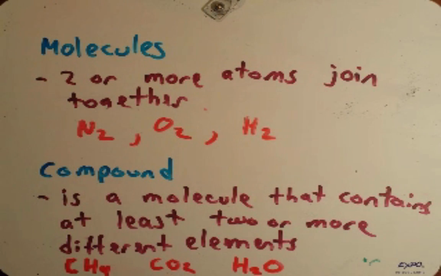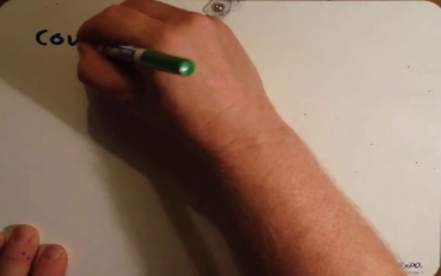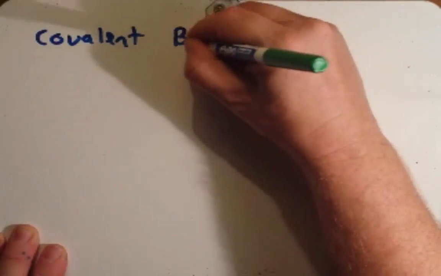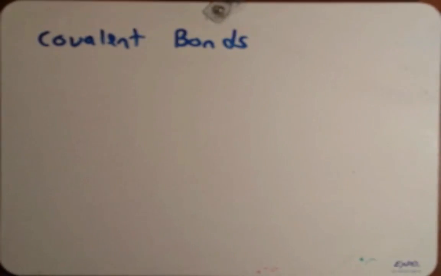So you can see compounds are also molecules, but they're a special kind of molecule in that the atoms that come together are different. Now, regardless if you're talking about a compound or a molecule, they have to come together by one of various kinds of bonds. And we're going to talk about 4 different bonds: covalent, ionic, hydrogen, and van der Waals. I want to first begin by talking about covalent bonds. I'm going to talk about these first because they are the strongest of the bonds